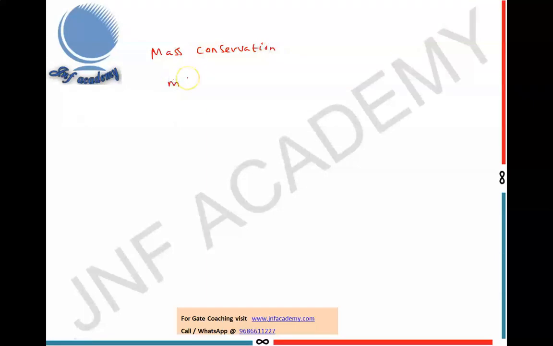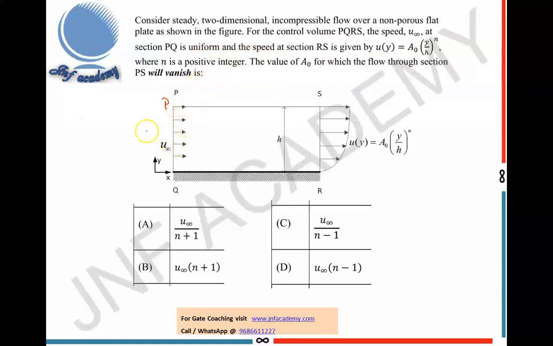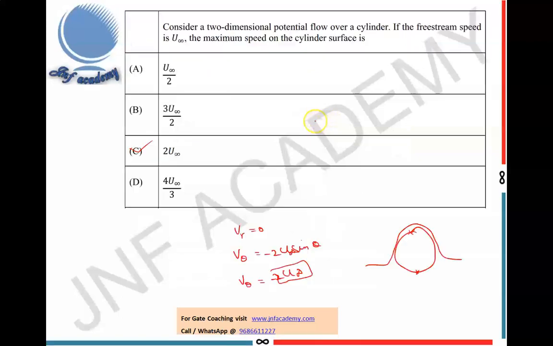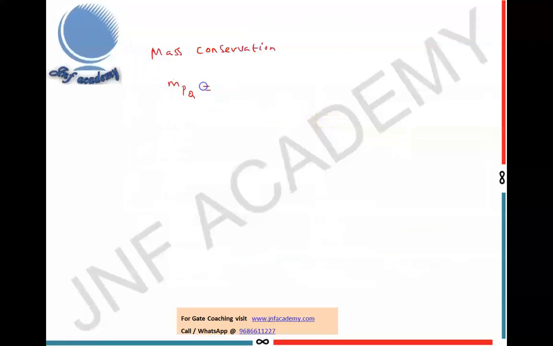M dot PQ, which is the mass that is coming in, right? So M dot PQ is the mass that is coming in. That should be equal to the mass that is going out, right? So equal to